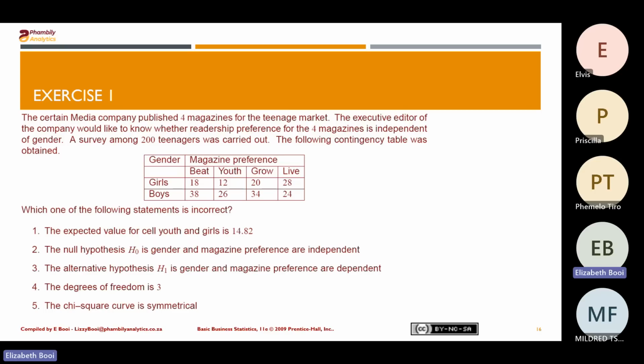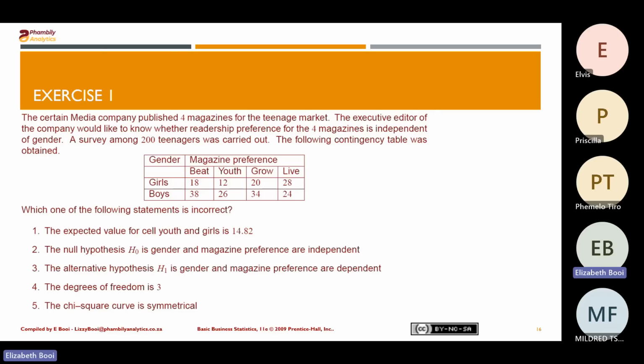We've got gender, girls and boys, and the magazine preference: Beat, Youth, Grow, and Life. Which one of the following statements is incorrect? The first says the expected value for Youth and Girls